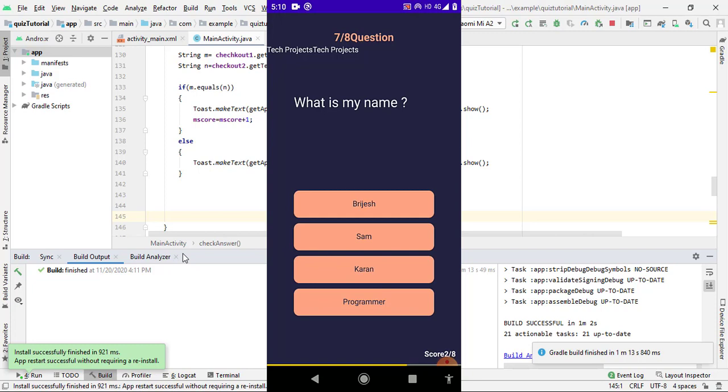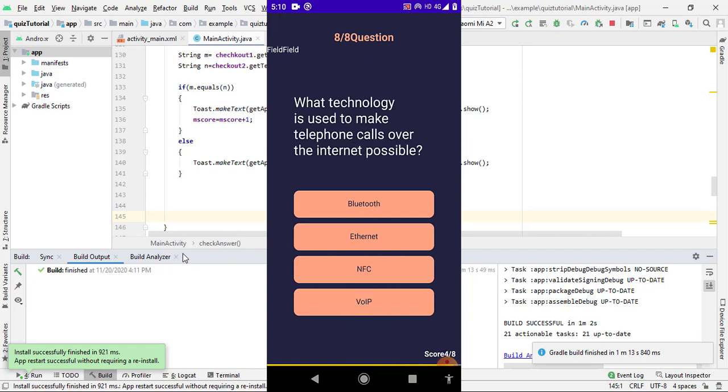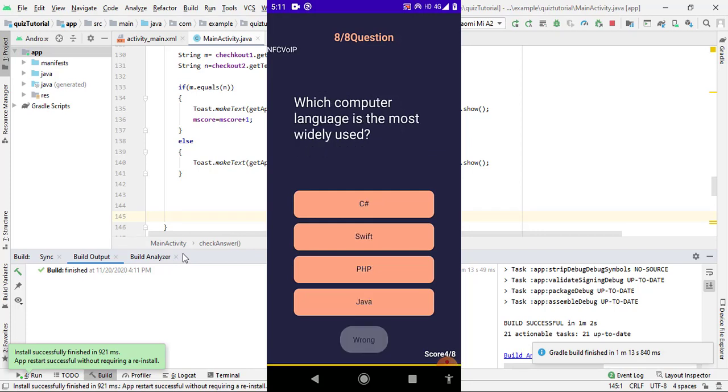So now let's click on go to last question, and the progress bar is also implemented successfully. Can I reach the last question? So now what do I have to do? You can see after reaching the last question, it automatically displays the first question again. But the question number is not updated to 0, and the progress bar is not reset. And also we don't display a dialog box where the user can select whether he wants to exit the game or restart the game. So let's implement these features.